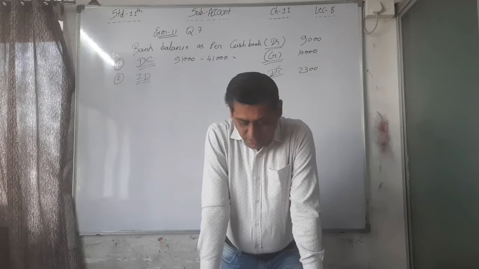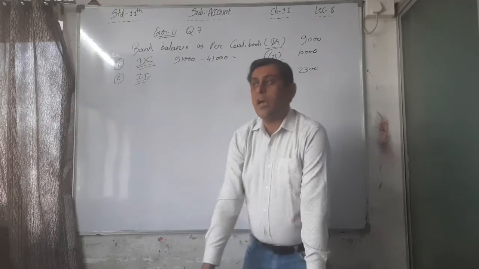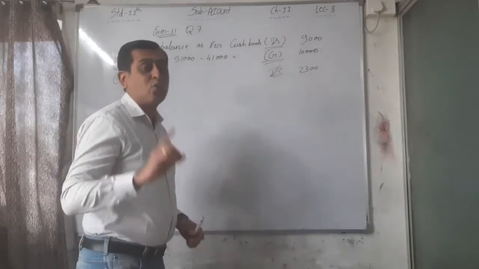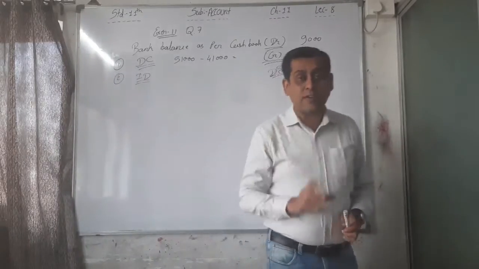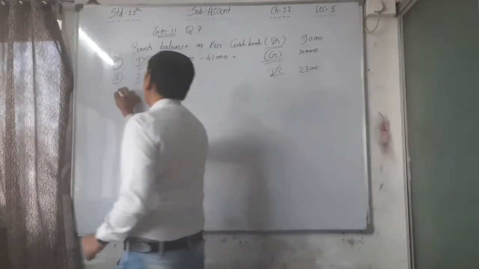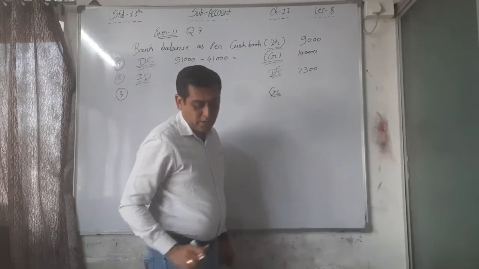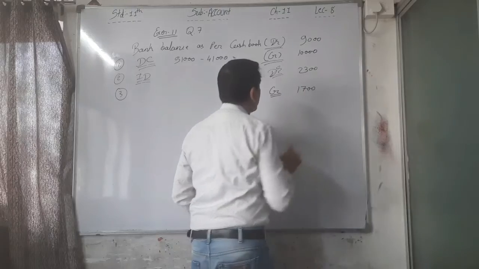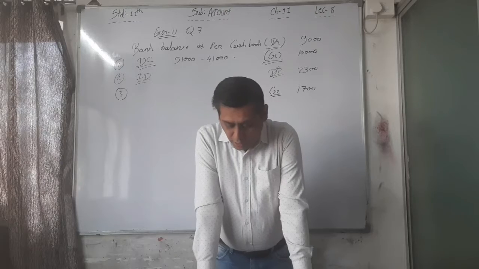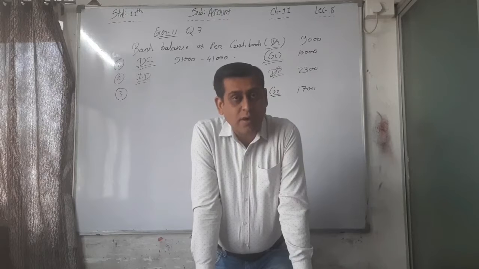Now the third point: bank has paid 1,700 for the insurance premium. Bank paid on behalf of the trader, and any amount the bank pays is debited by the bank, so we have to credit it. Just do the reverse, right? If the bank paid any amount, then it is debited, so we have to credit the insurance premium amount, that is 1,700. Bank has paid 1,700 for the insurance premium through the electronic clearing service, which is not recorded in the cash book. Bank debited, that's why we have to credit in BRS.